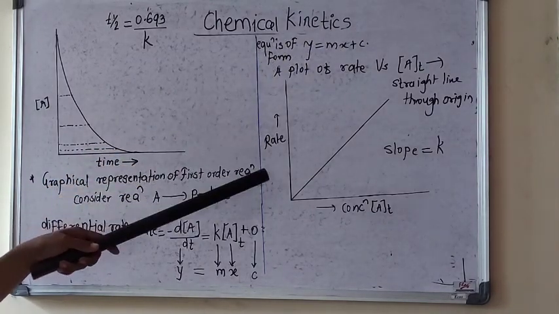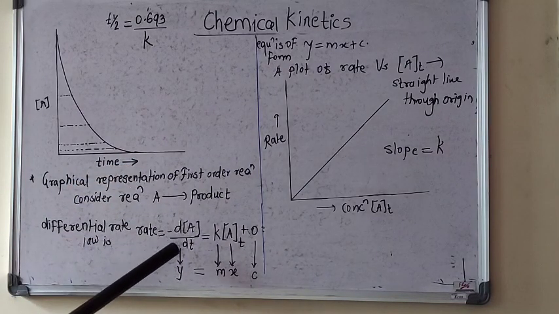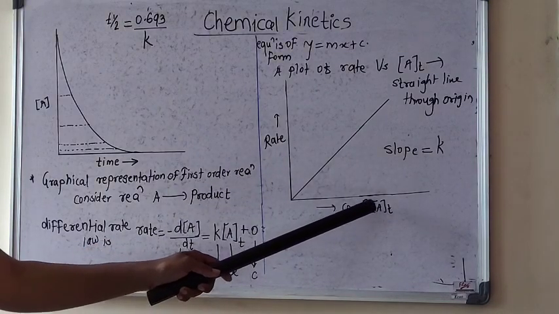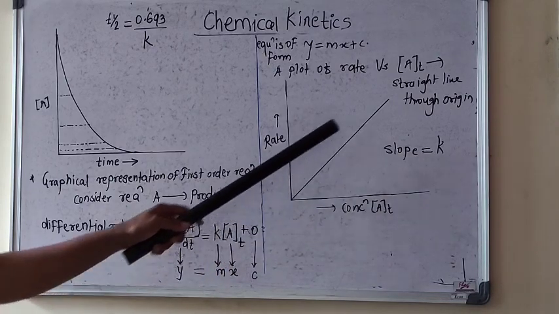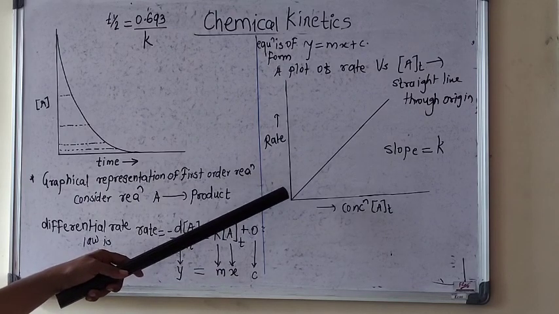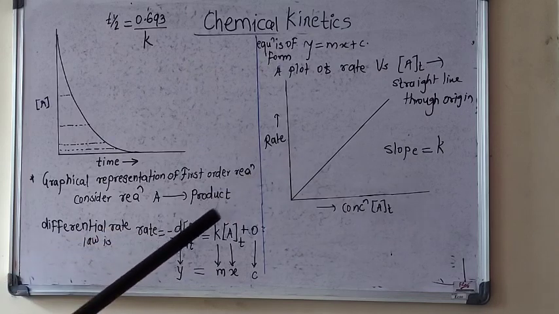If you plot the rate, that is dA by dt, against the concentration of that particular reactant at time t, we get a graph that is a straight line, passing through the origin, having the slope